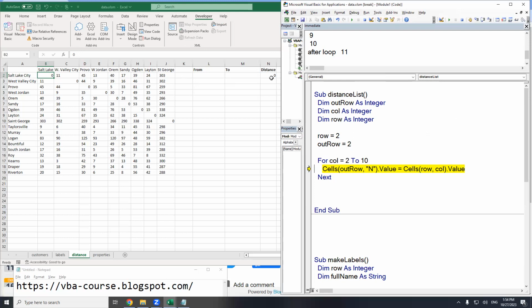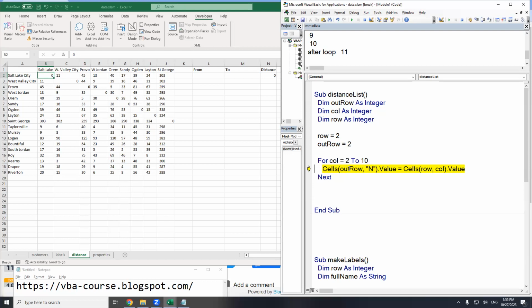2 or 2N. So we read that 0, we put it here. And what do we want to read? What should it be reading? Oh man, did I do that wrong? So let's just write. So call is now 3. And so call is here, row is still 2. So I'm going to read out of row 2, column 3. Row 2, column 3, it's going to read the 11. And it's going to put it